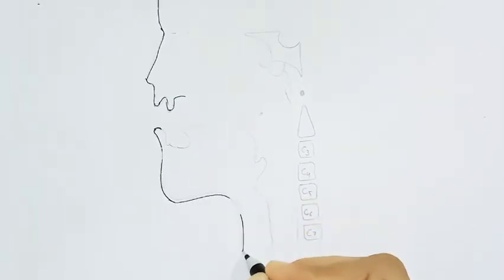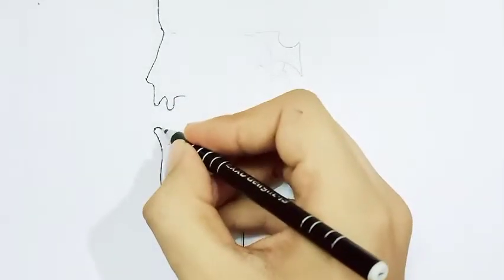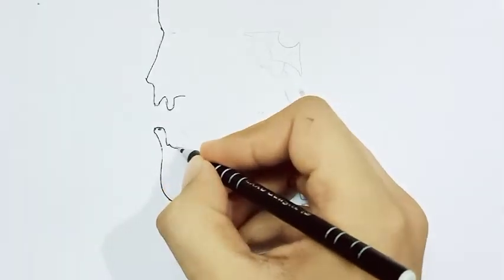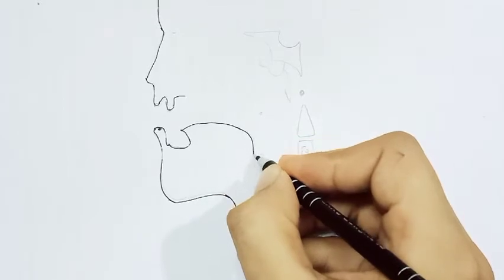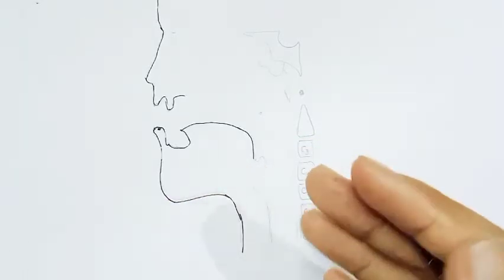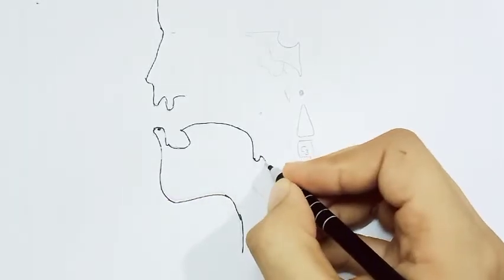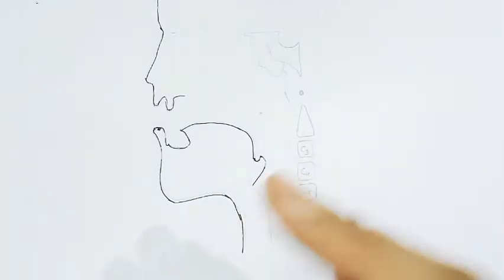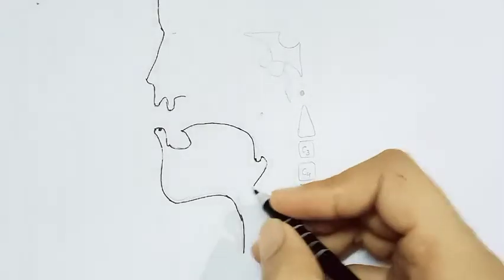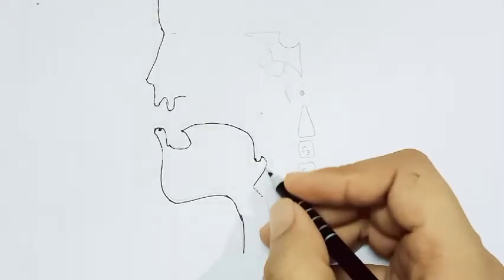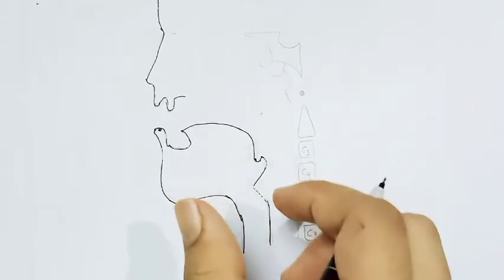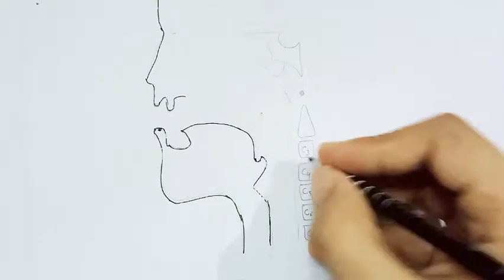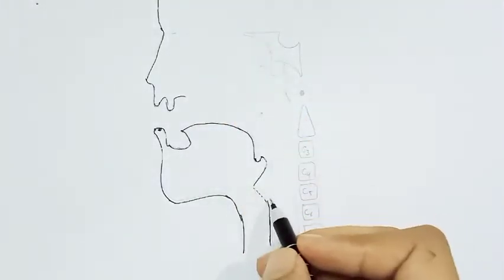Then we have the neck below. On the inner side we have the oral cavity. In the oral cavity we have this tongue. And behind the tongue we have this projection which is called the epiglottis, which acts as a guard and controls the opening of the larynx. So here is the opening of the larynx, which is guarded by the epiglottis, and down here we have the tracheal tube, and behind we have the esophageal tube here.